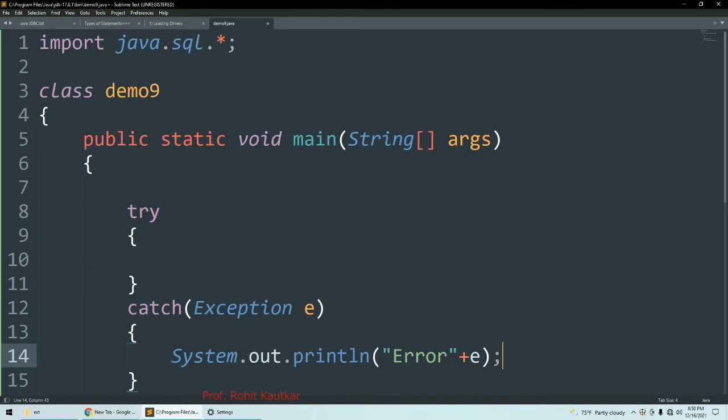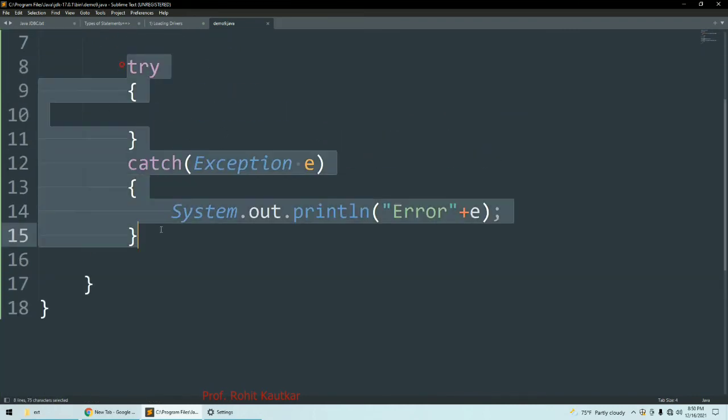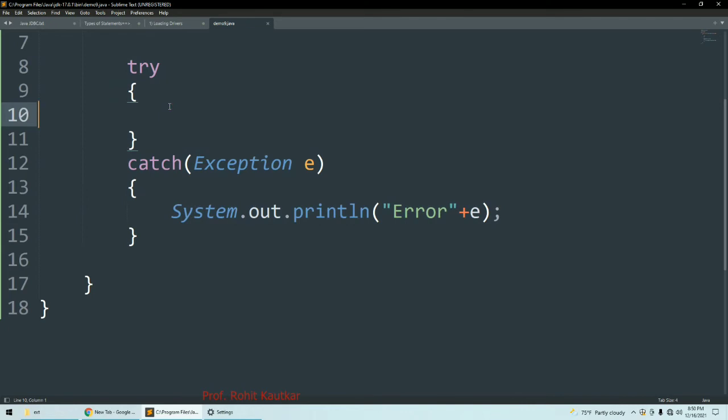Okay, now I have created this basic structure: import package, create one class, create one main method, and within that specify a try catch block. As all these methods are going to throw certain kinds of exceptions, we are using these try catch statements. Now here you have to write the logic.